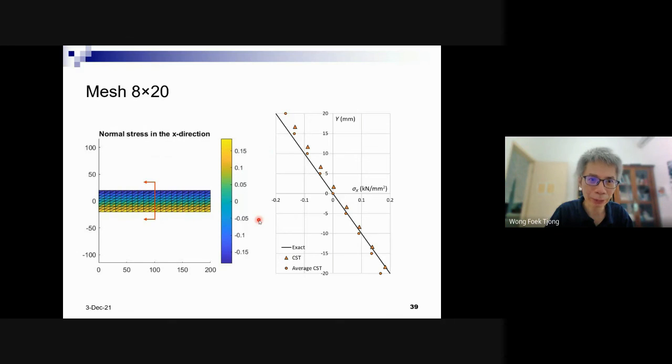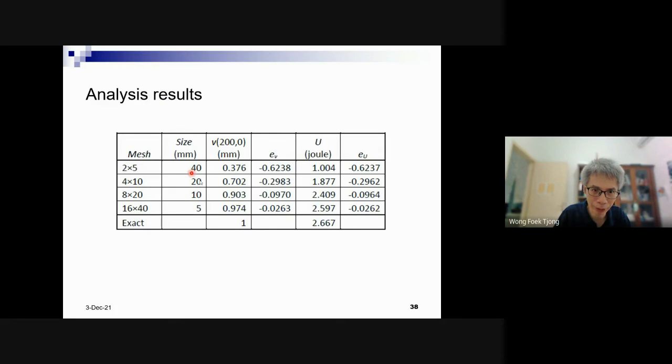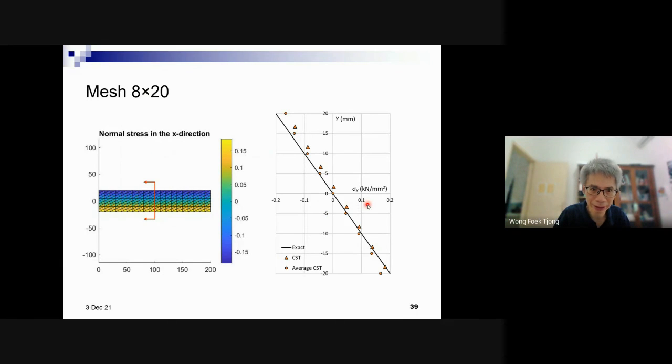Well, how about the stress? For example, if we take a look at mesh 8x20, which we know already the displacement still has an error of about 10%, and also the strain energy. How about the stress? How do we know the stress? For example, here we cut here. This is the element. By the way, the color distribution now is quite smooth, right? Unlike before, when we saw sudden changes, but now it's much better than before.